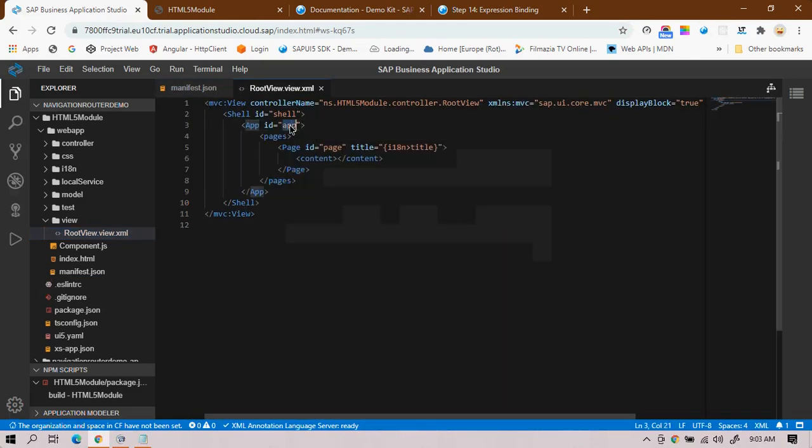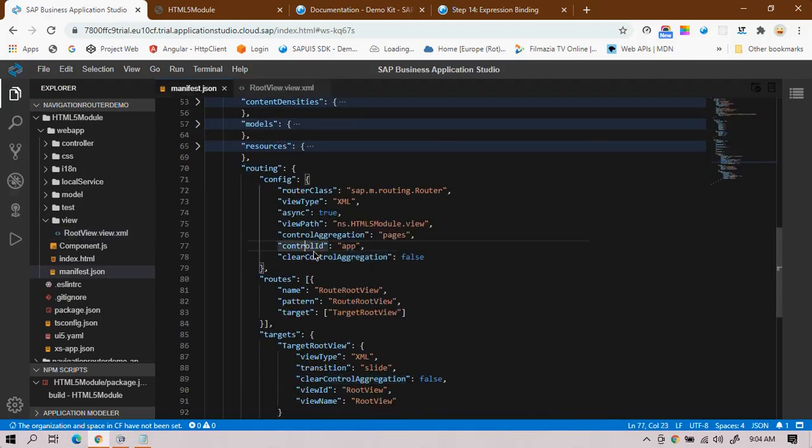We have the app, which is the control ID for the app, and under it the pages come. Under pages, all the views come. Whenever you navigate to a view, it comes under the aggregation, that is the pages, and the pages come under the aggregation as an app in a control ID. So that is the control ID.